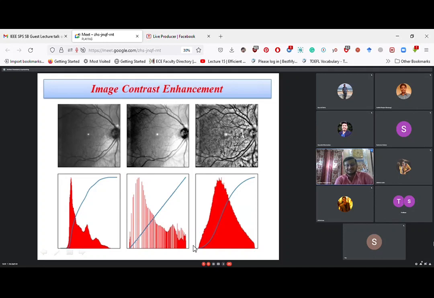That is a natural distribution, means the grayscale levels are naturally distributed over the whole image. So as the grayscale levels are naturally distributed over the whole image, this darker portion is distributed all over the image, and this portion is not darker now, and we can easily perceive the vein trajectory. So that is the contrast enhancement we can achieve by means of histogram equalization. That is the utility of this simple image processing task.